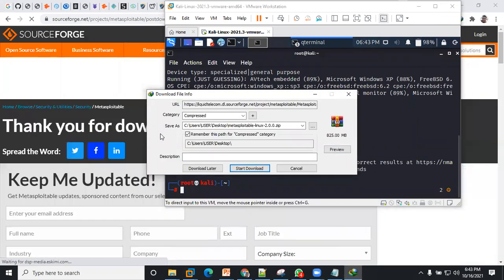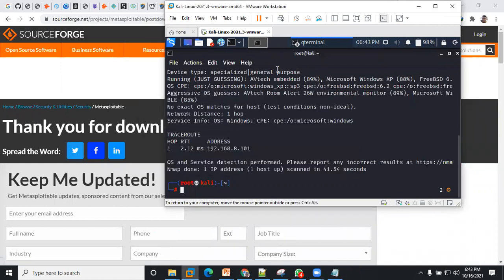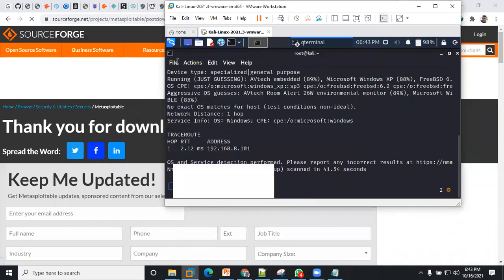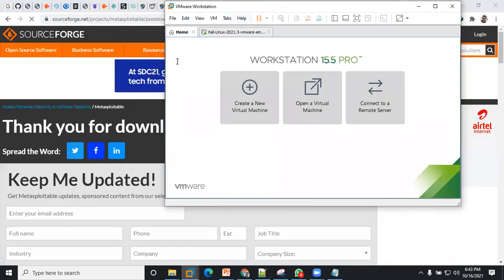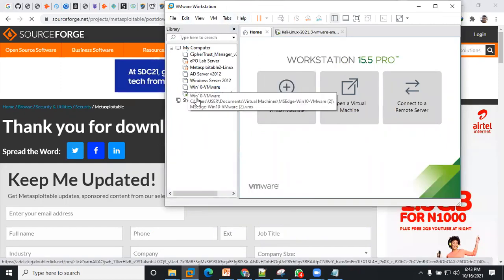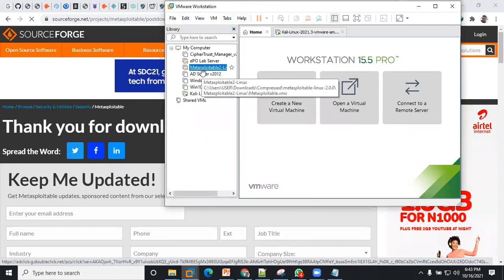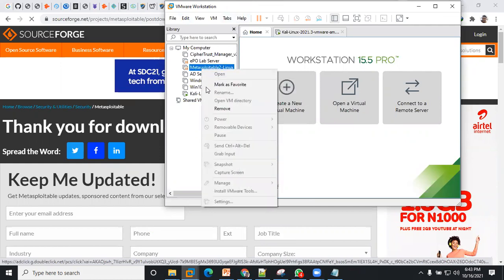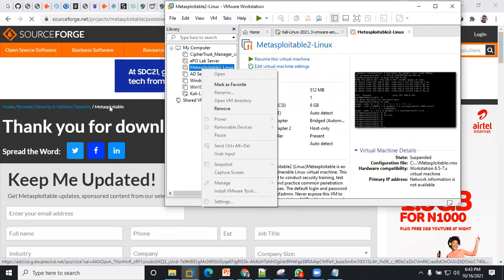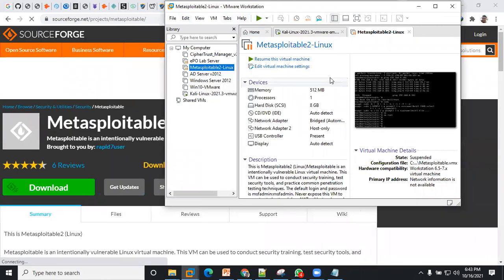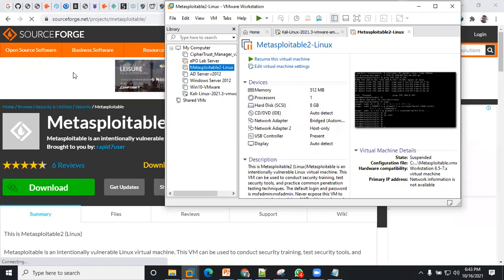Let me see the size. Yeah, it's not that big. I don't know why this one is there.